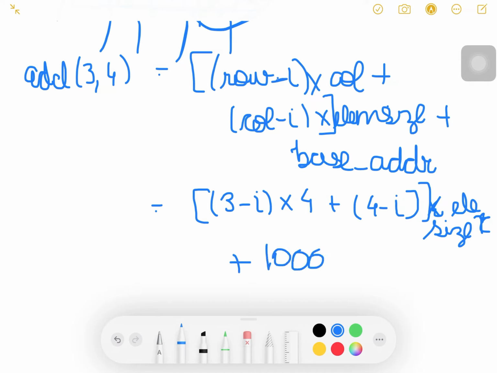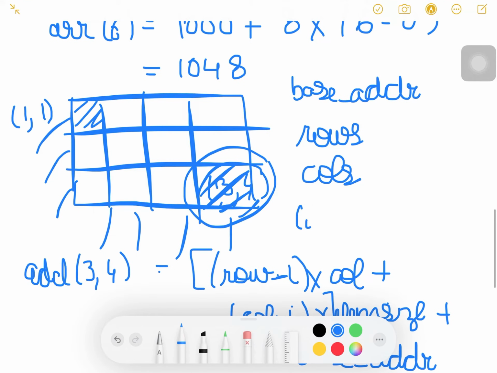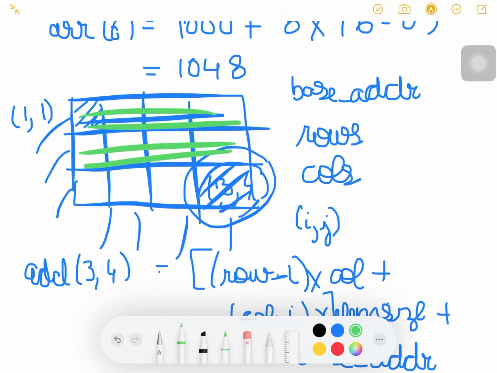I am extremely sorry, because this will be j, because this is I comma j. So we are actually calculating the address of this area. Say the I is 3. So 3 minus 1, which is 2, into number of columns, which is 4.